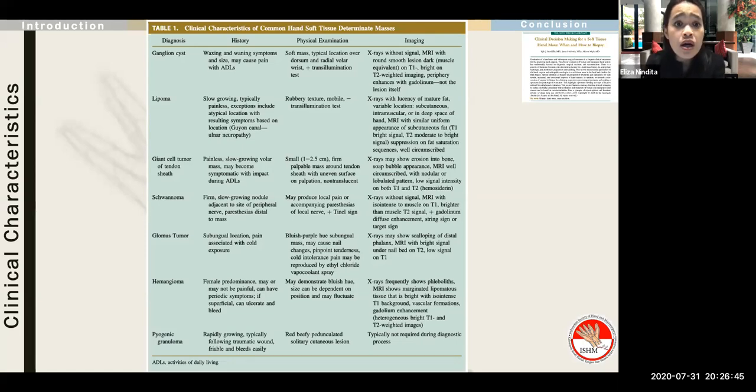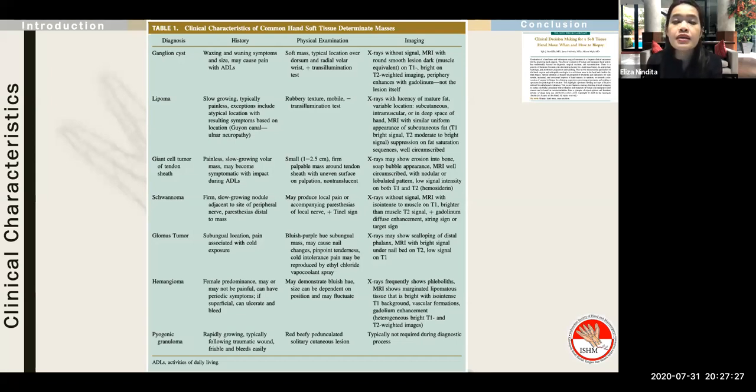And both of them are slow growing, and it's usually just in the soft tissue. As for the giant cell tumor of the tendon sheath, they also give a painless, symptomatic, and slow growing mass, but on physical examination it doesn't give a positive transillumination test, because it's a solid mass. The GCT is usually a small, firm, palpable mass, and usually covers the